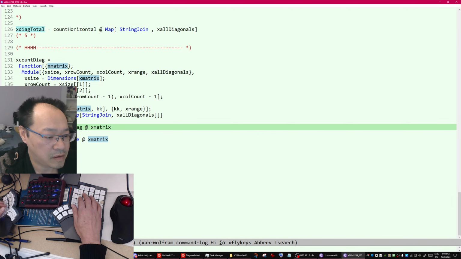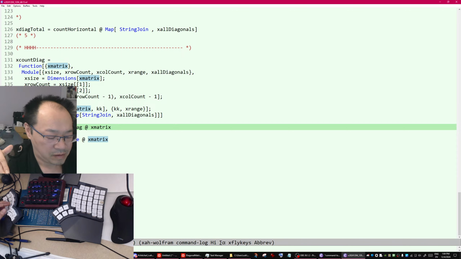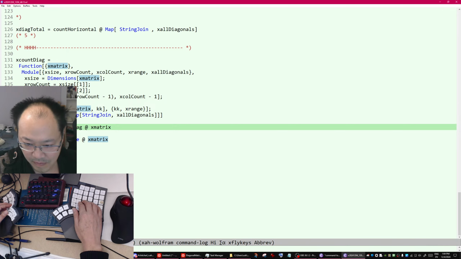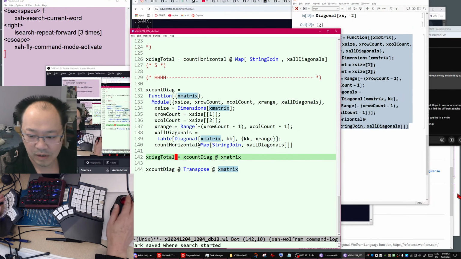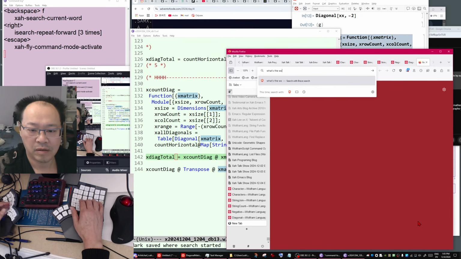So diagonal total equals to that. What is the word for the other diagonal of the matrix? Transverse diagonal, maybe.